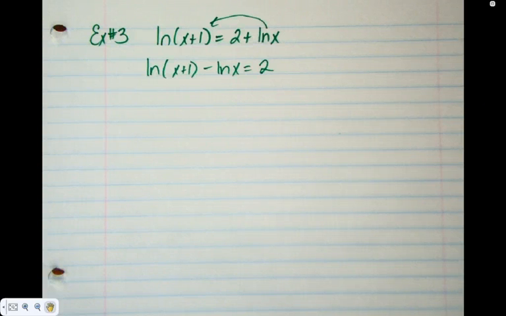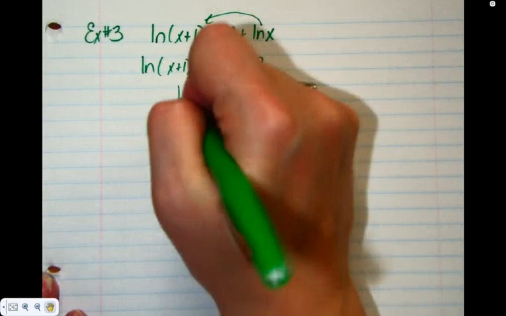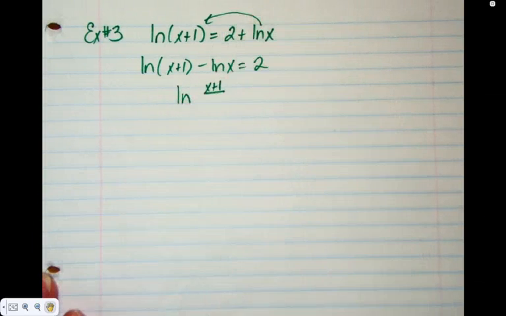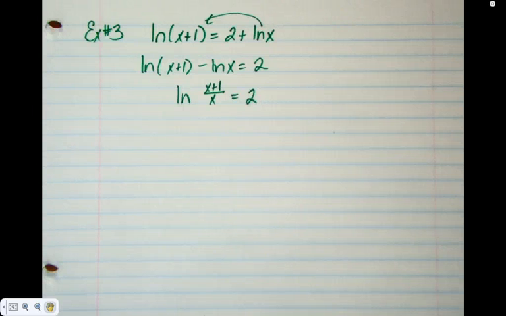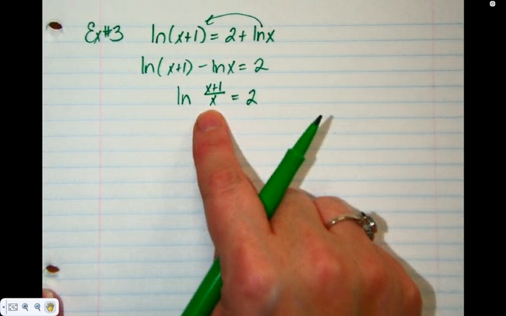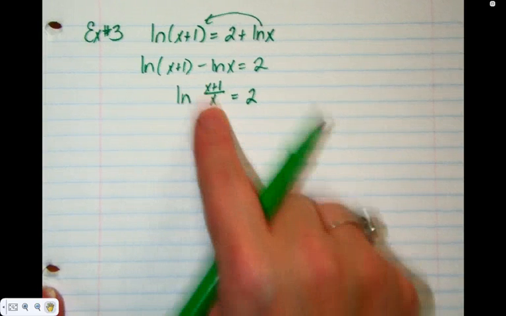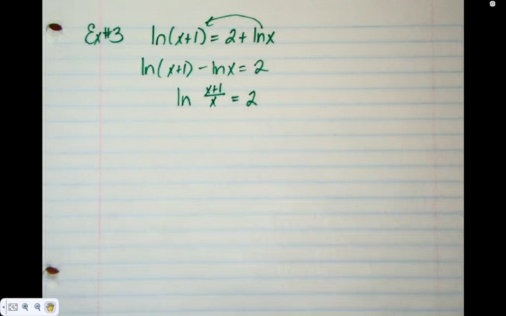What's the next step with log equations? Simplify. So this is when we're making it smaller down into one log. What does subtraction mean? So we're going to end up with ln equals x plus 1 divided by x. Can I cancel those x's? Oh, but why not? And if you did, you'd have no variable. That should be a clue something's gone wrong, because then we have no variable.